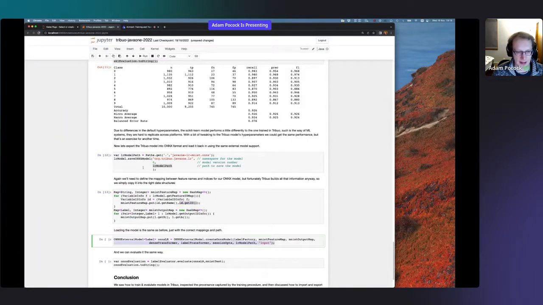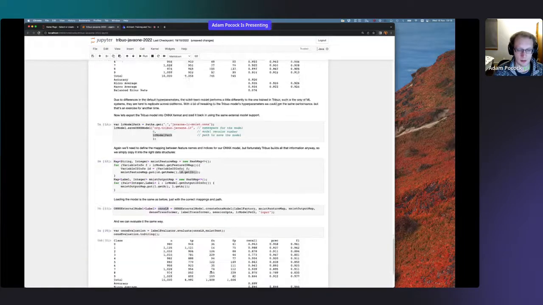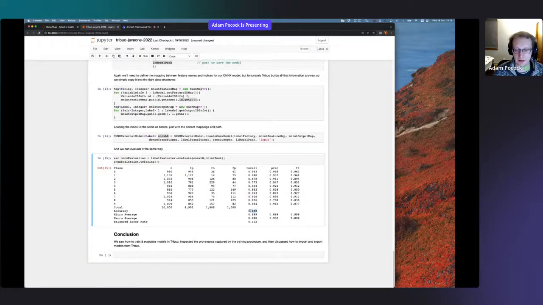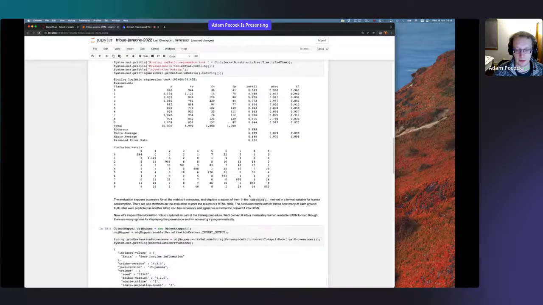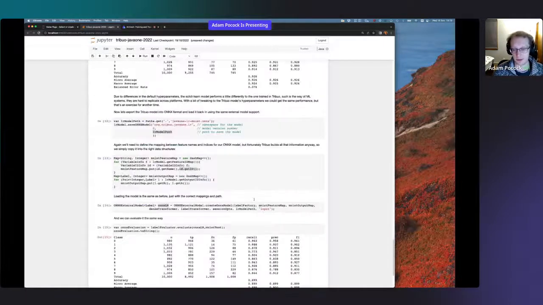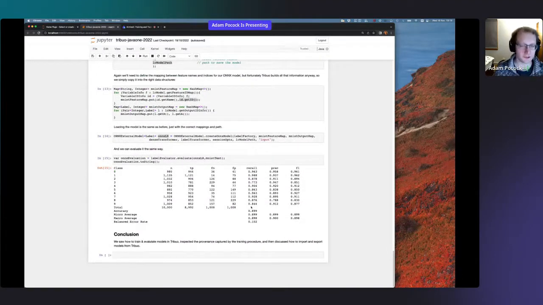We give it a slightly different path. The input is named slightly differently just because of the default value that Tribuo uses, but we're still going to use the same classes that do transformation, and we pass in the slightly different output values. And again, this is just a Tribuo model, and we can evaluate it in exactly the same way. We can see that we get the 89.9% accuracy that we got all the way back up here. The model performed identically, even though we've exported it into a completely different format, and we're now running it using some native runtime that's completely separate from how Tribuo behaves.